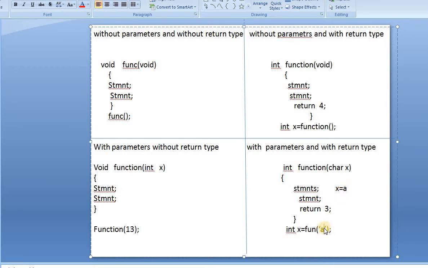Now x is having the value a, and I'm storing this function in a variable x of int type, because the return type of this function is integer. Now we'll execute these programs and I'll show you all the cases. You'll understand it clearly.